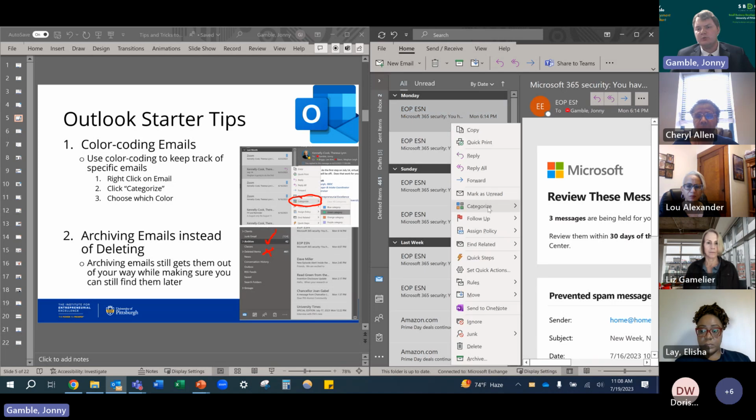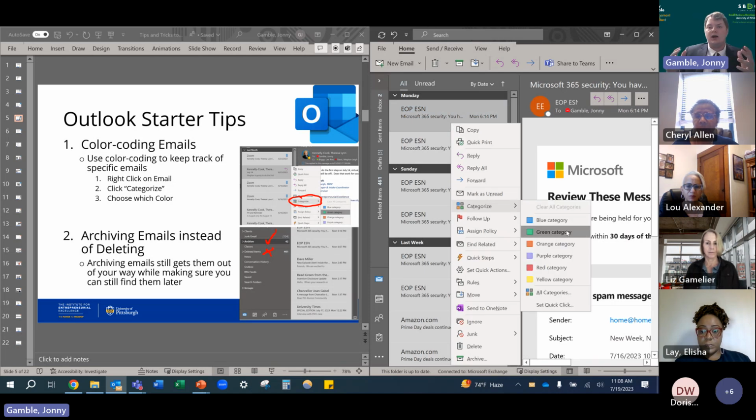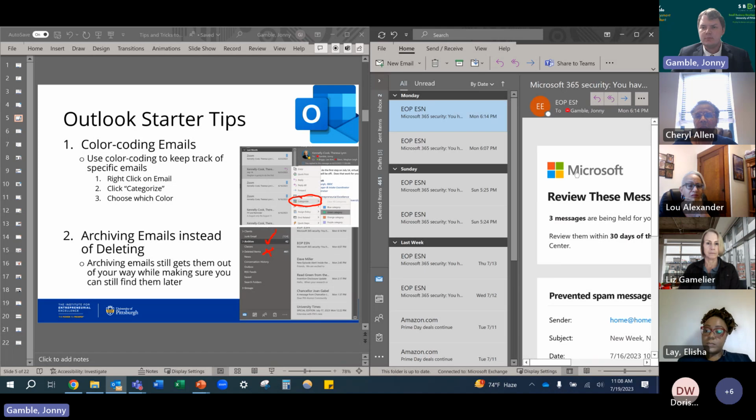Color coordinating can also be really helpful if you have a shared email box. One thing that I've seen happen before is that if you have a shared email box and certain people might be working on responding to different emails at once, you might be able to categorize it per person working on there. So maybe John Doe is blue and maybe Jane Doe is green, that sort of thing. So the color categories can be a quick, really easy way for you to categorize your emails then.